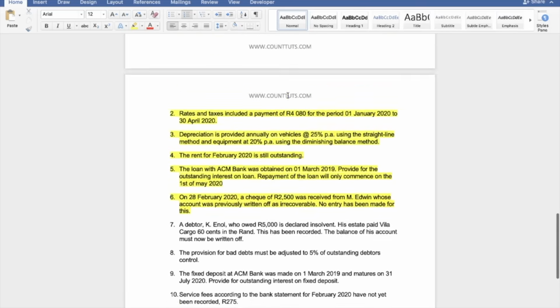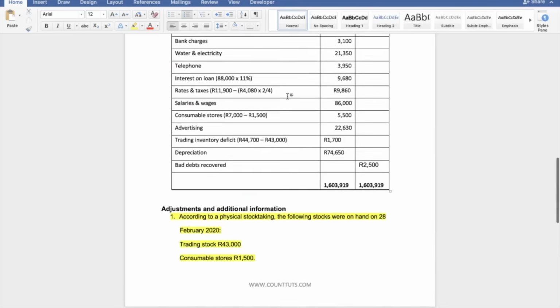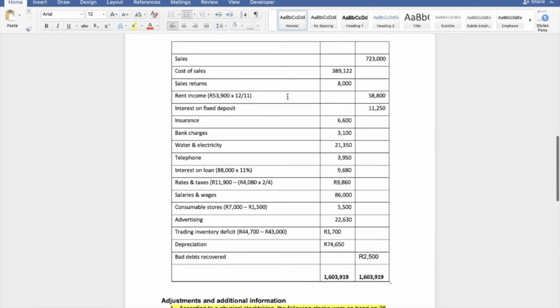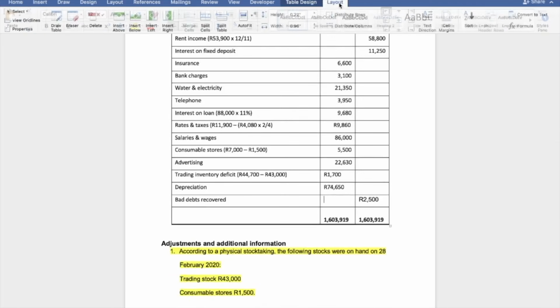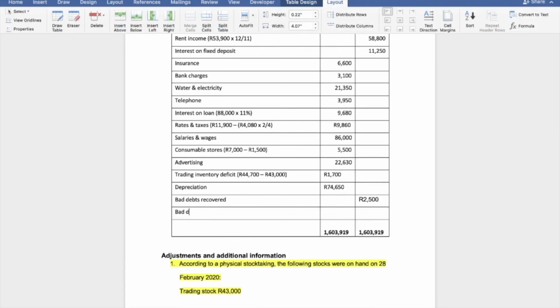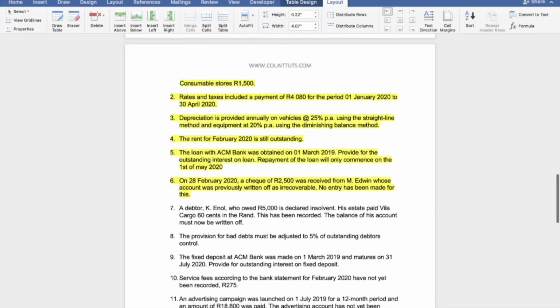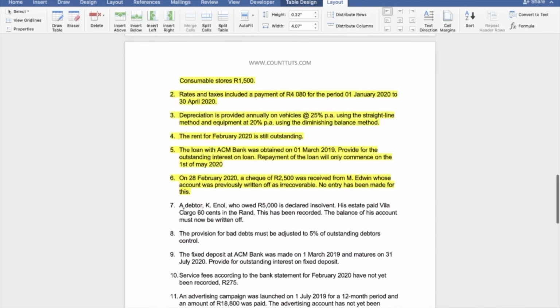So we'll go back here and write bad debts if we do not have any already. All right, I don't see any bad debts here, so we go and add another row and write here bad debts. All right, and how much was it? We're told 5,000 rand, but